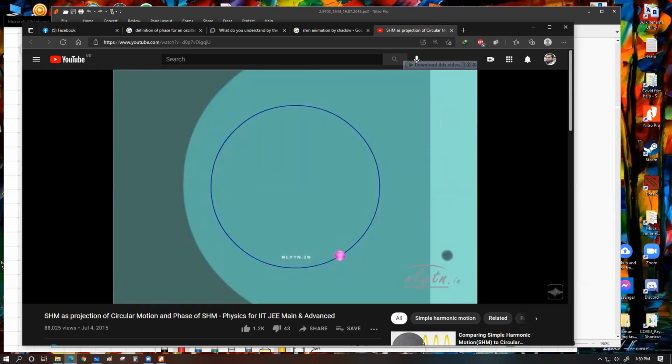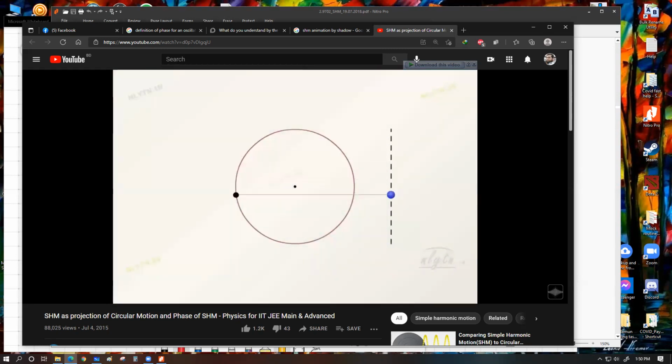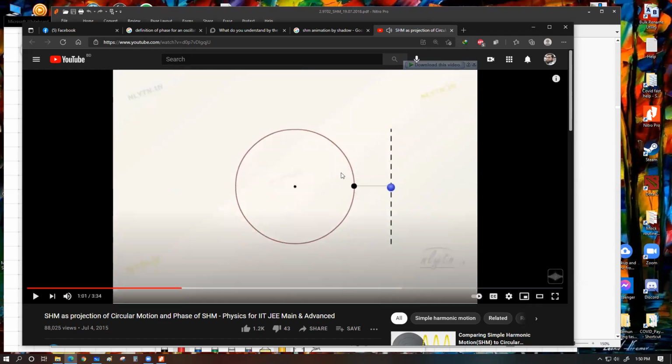There it is. Or this is how the projection works. This is actually an animation. Let us say that the angular speed of a particle is moving along a circular path. About the shadow of that circular motion, the horizontal projection or two dimensional projection is expressed as simple